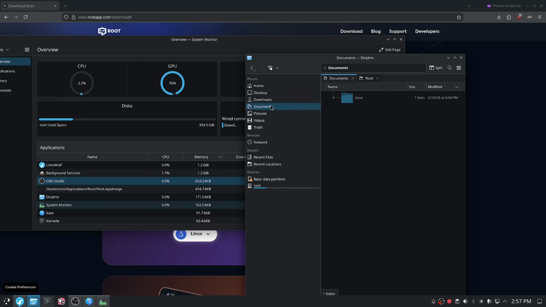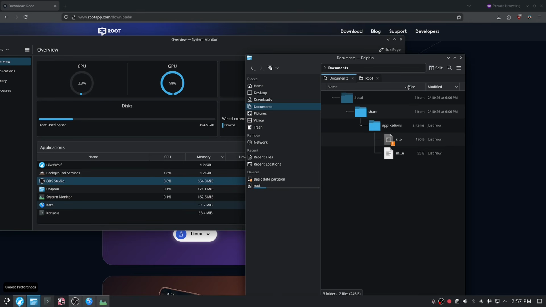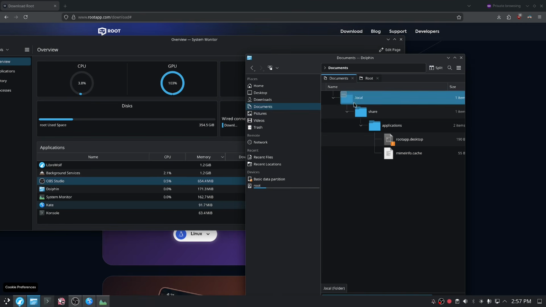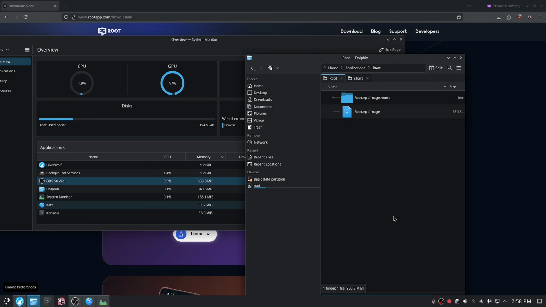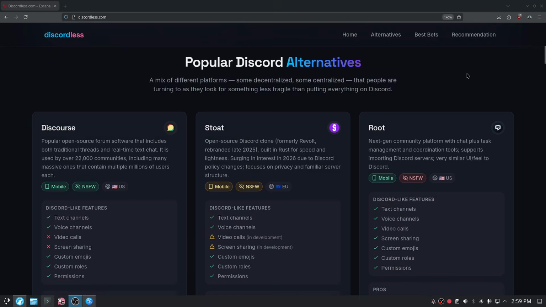Probably nothing malicious, because I noticed in my documents folder there's a .local folder, share applications, and it's actually related to the root app. So what I think really is happening is they messed something up with the app image and they're incorrectly checking for documents instead of this is supposed to be in your home folder. Their mobile app is pretty solid for Android, I'll give them that, but this is pretty basic stuff, so if this isn't working, I'm afraid it's done. Goodbye, root. Okay, so that's a little disappointing.